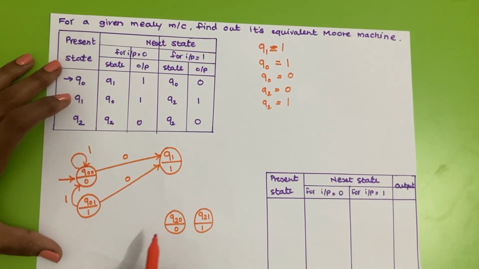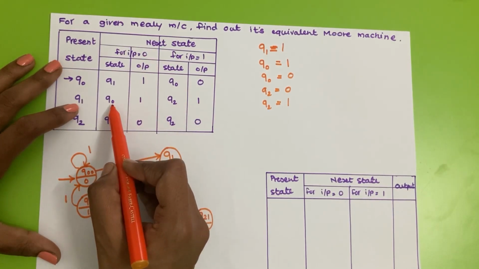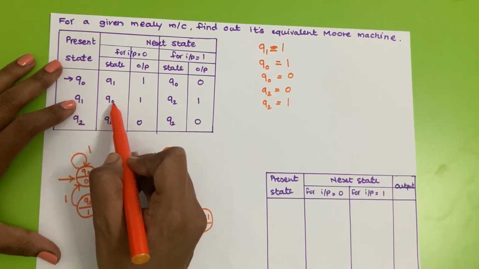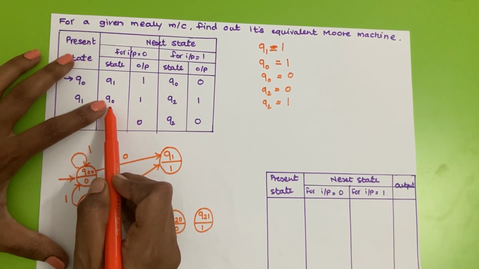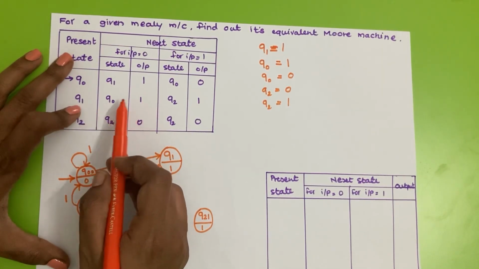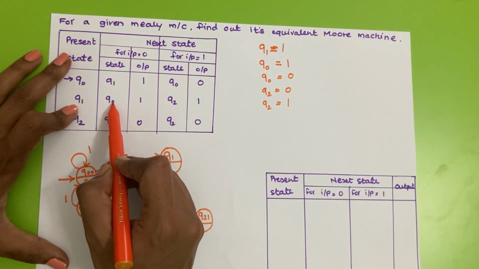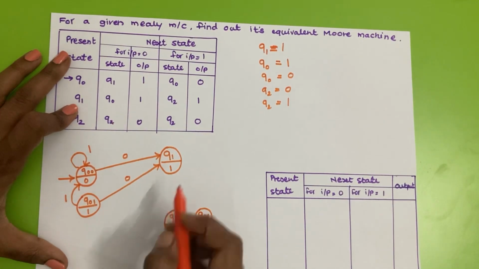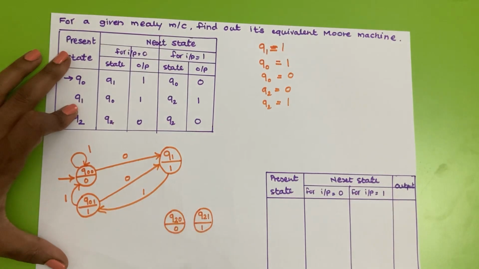Okay, now next Q1 to Q0. Here we have to draw a single transition because we want output symbol 1, so which variant of Q0 is outputting 1? The Q0 1 variant will give output symbol 1, so this transition will go from Q1 to Q0 1, because Q0 1 will output 1, by taking input symbol 1.